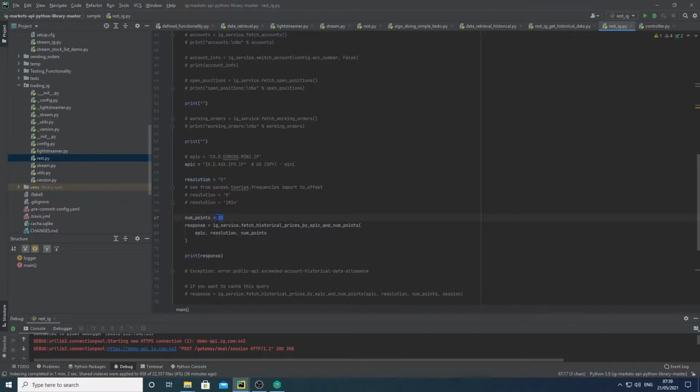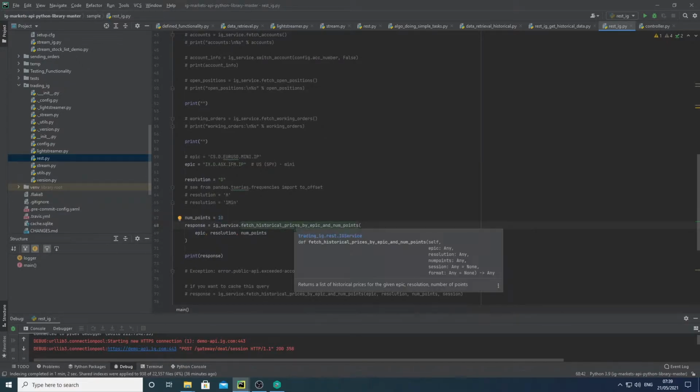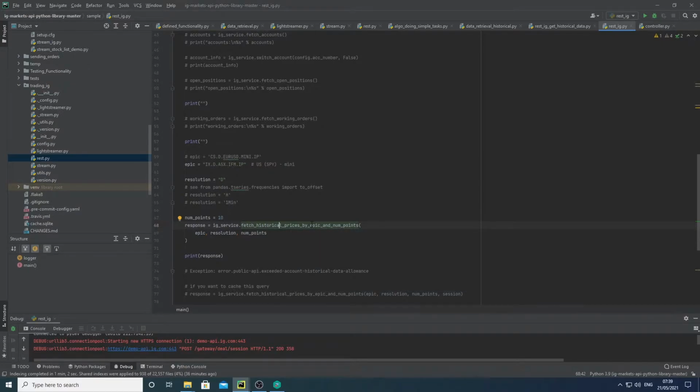You then use this to, in this case, say get me the historical data for this epic per day and going back by 10 points. So in this case it will be 10 days. And then you can print the response out. So if we run this,